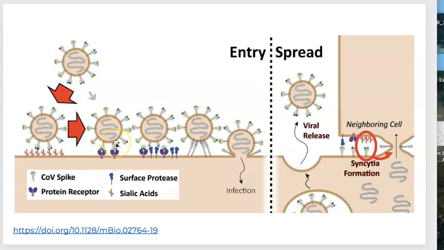Once we have COVID spike and protein receptor binding, then the surface protease of the host cell, so the protease that our cells make, can process that spike protein and facilitate the membrane fusion that allows the virus's RNA to enter the cell. And then that's, again, replicated and translated and makes fully formed virus particles, as you see here, in those vesicles that I showed you in the previous slide,